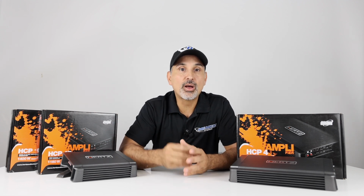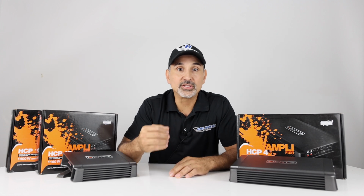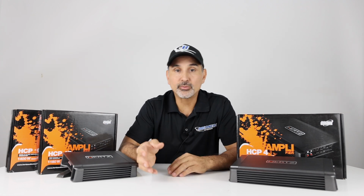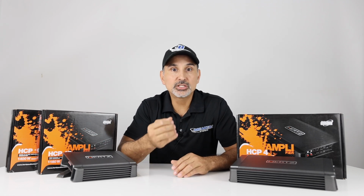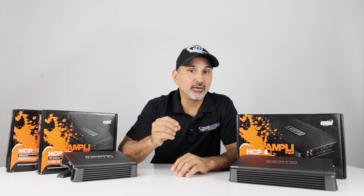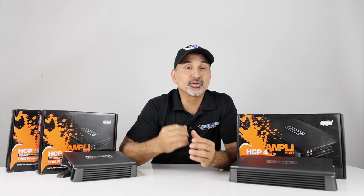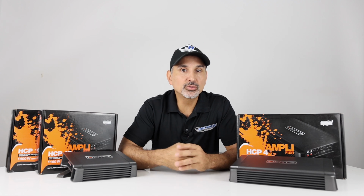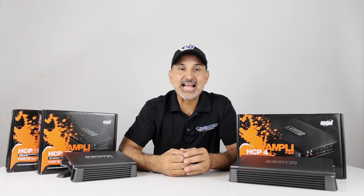Now, as a side note, bi-amping your front components gives you much more control over your front stage, allowing for separate adjustment between the tweeter and mid-range. When bi-amping components, you have the ability to adjust the tweeter beyond using the attenuation settings within the crossovers of the component set. Now, this can make all the difference in the world when setting up your front stage to your likings. The overall crossover range on the multi-channel amps are 50 Hz up to 3200 Hz at 12 dB per octave,